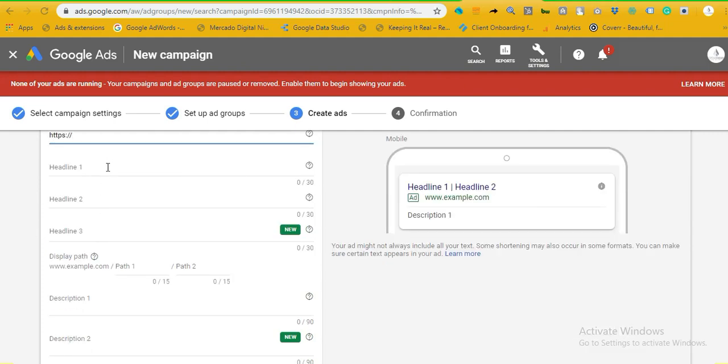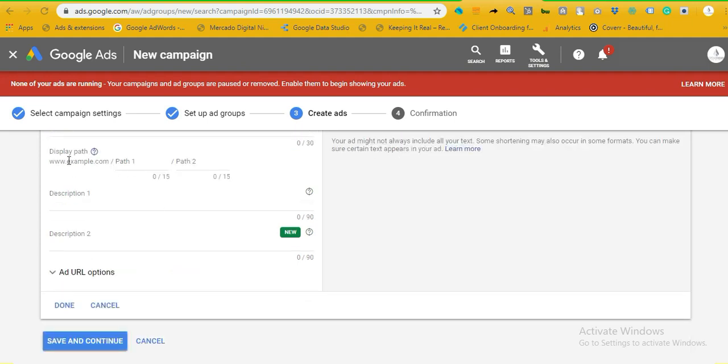And then in your headline 1, headline 2, headline 3, this display path URL is for visual purposes, like the word says display. It doesn't mean that it has to be an active website. This is just to make your ad and the website seem even more relevant. So let's say your website is www.roberts.com, that doesn't have anything to do with plumbing. But what you can do is here where it says path 1, you could add the word plumbing,